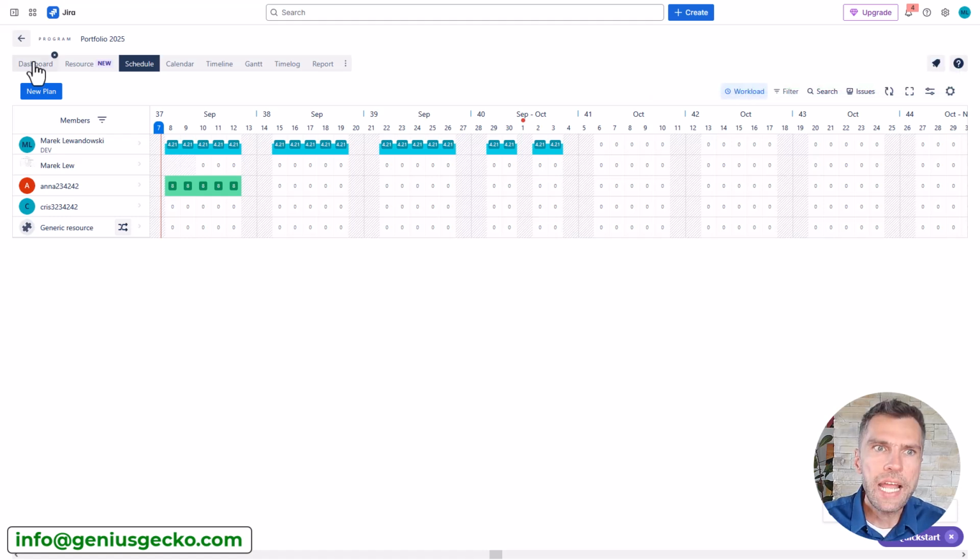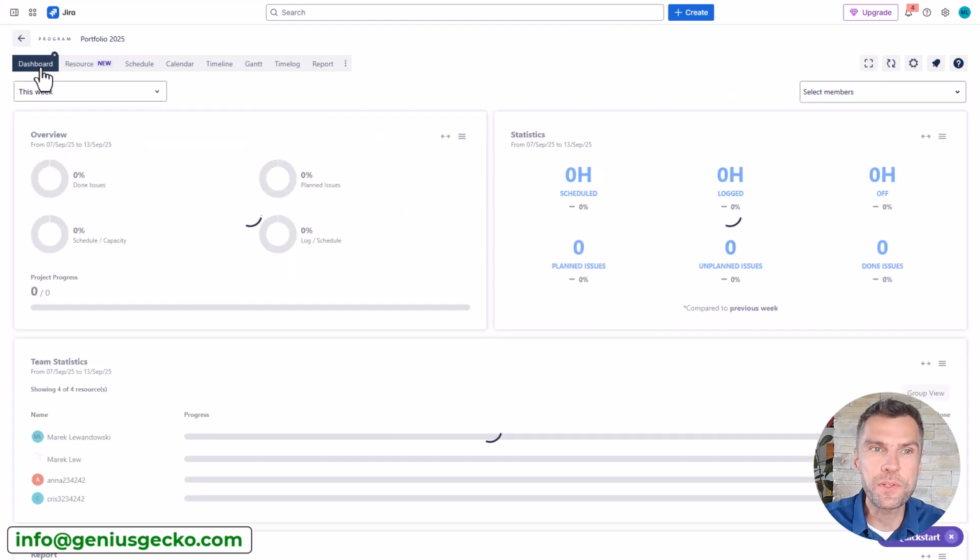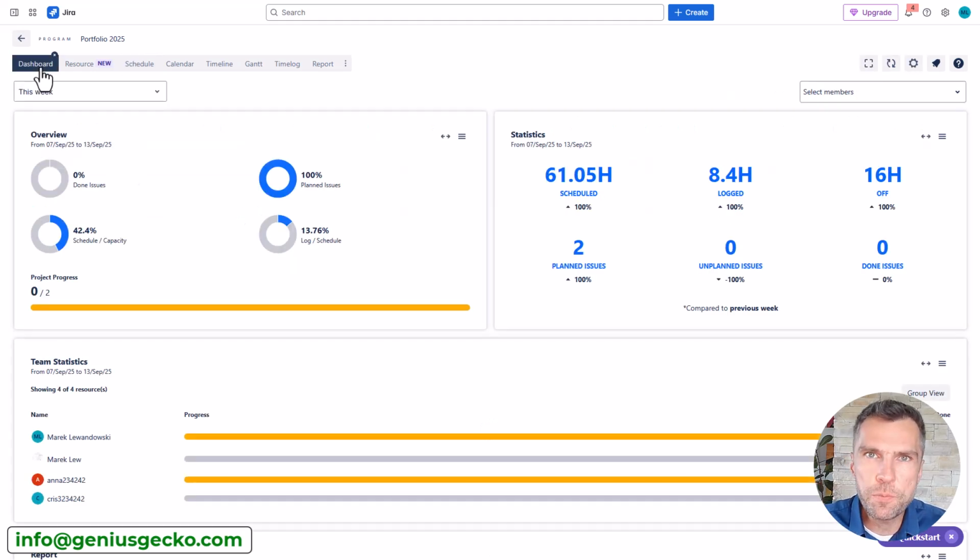Let me close this pop-up and I'll start with the first one, the dashboard. It's nice to have a reporting dashboard out of the box within the tool. It gives you an overview of what's going on within your program or portfolio in that case, or a project. There are some statistics. I won't be diving deep here, but I think what is important is this app comes